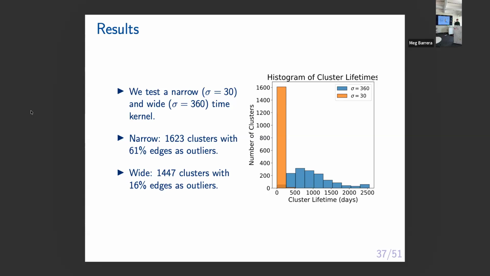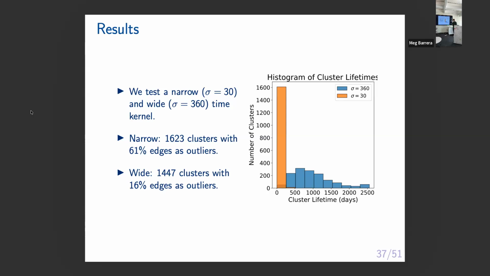However, if we really narrow the window down to 30 days, so you have to publish multiple papers in a single month to get any similarity between those papers, basically all of the cluster lifetimes are like 2 months long. Digging into it a little bit, most of it looks like 1 or 2 people have dumped all of their papers onto arXiv on the same day.